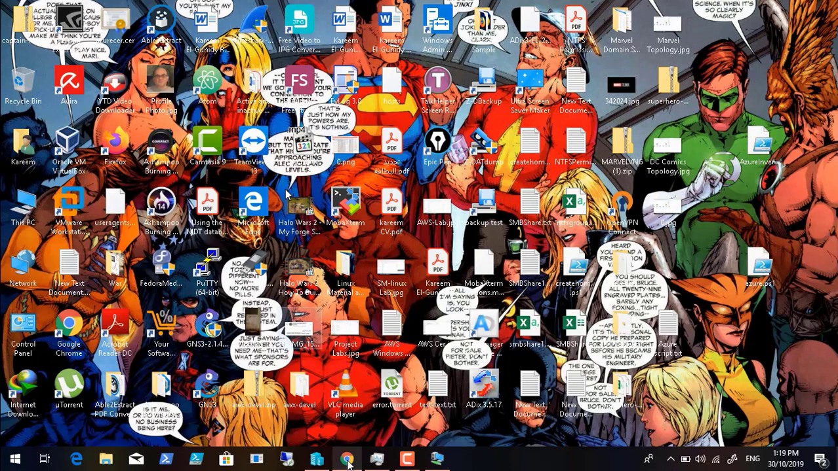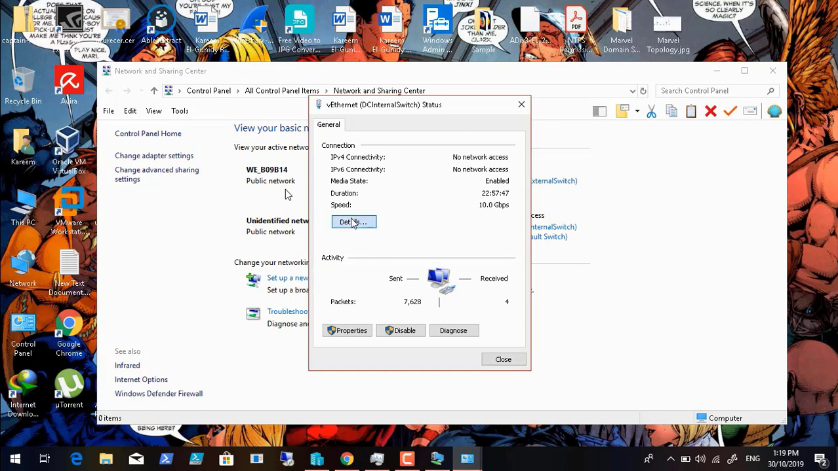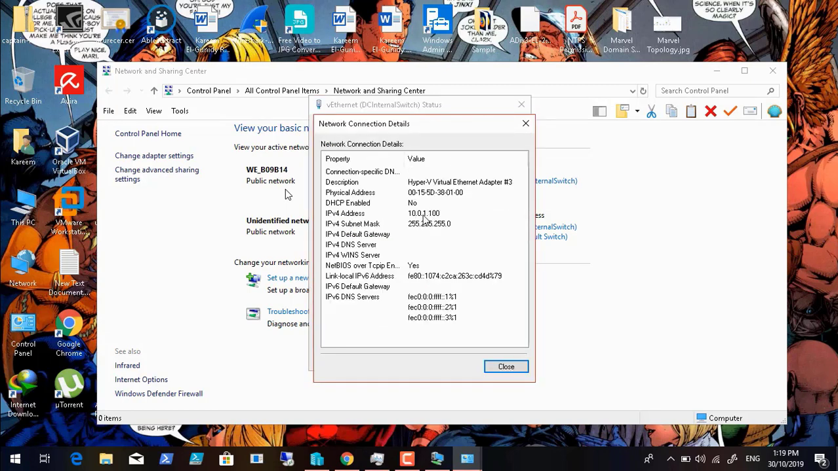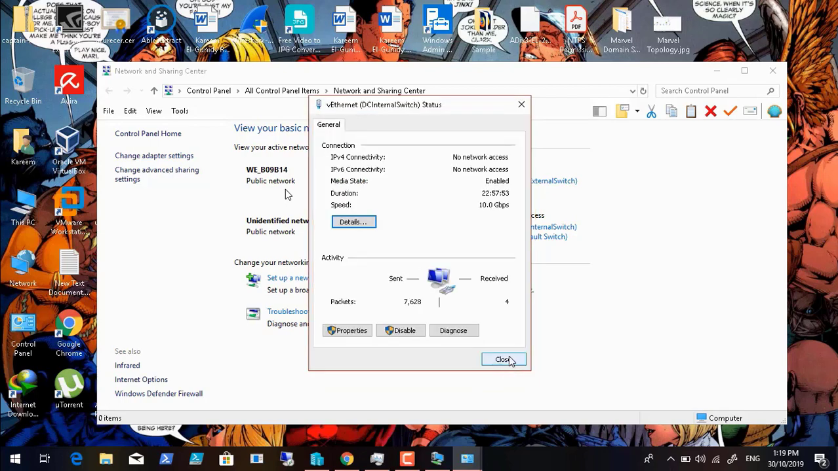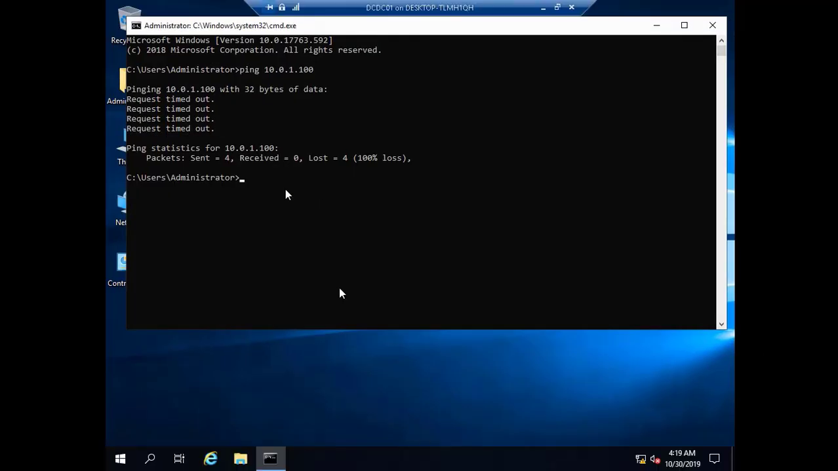So I'm just revising my connection on my laptop. I am going to my laptop network connections for the DC internal switch. This is my virtual network card for my host, and I can see that I am having 10.0.1.100. Here I'm trying to ping it, but it failed for some reason. Maybe because I have my firewall enabled, but anyway,